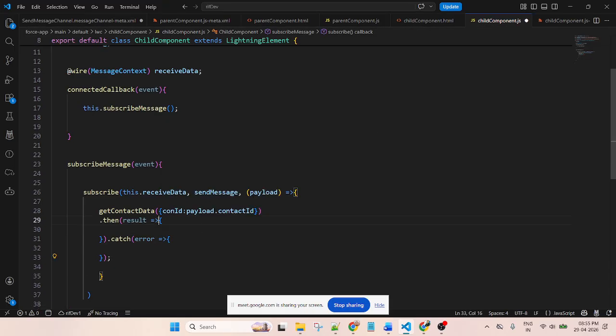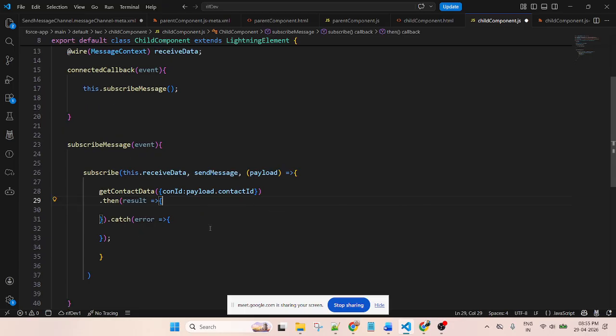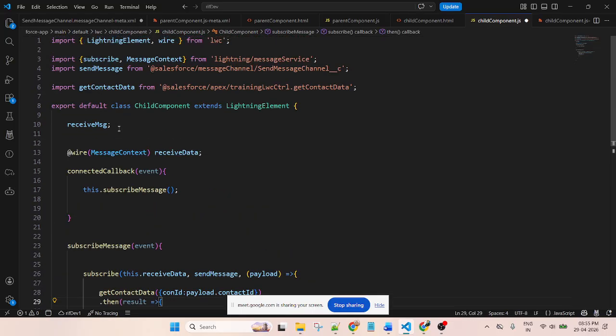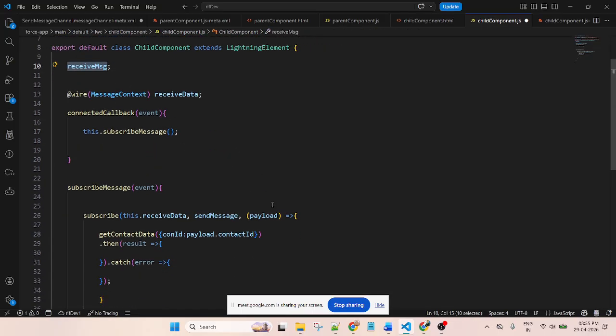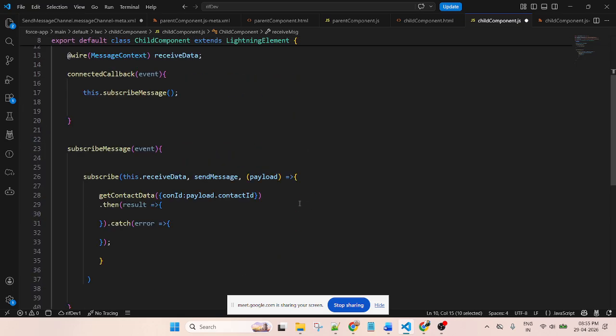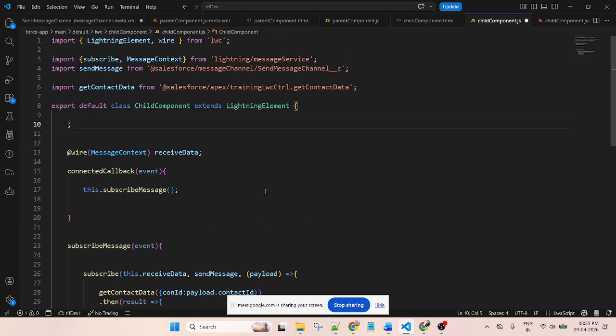Okay, and inside the then function, I will store the data. First of all, my previous variable is not required. Here I will use @track contact.